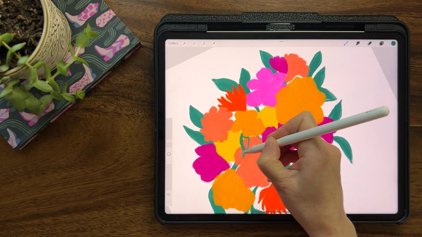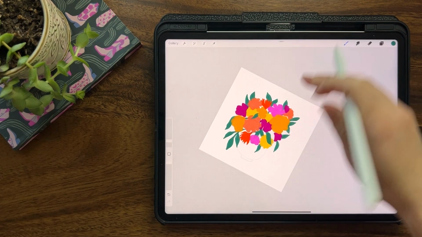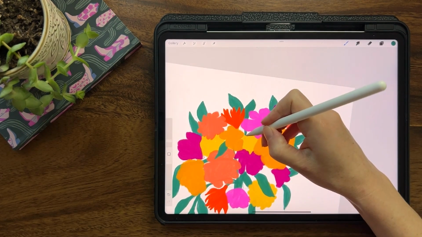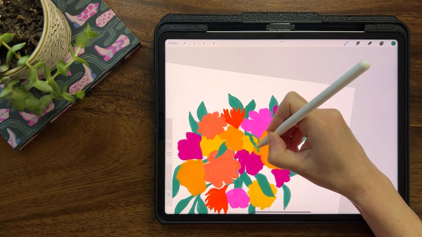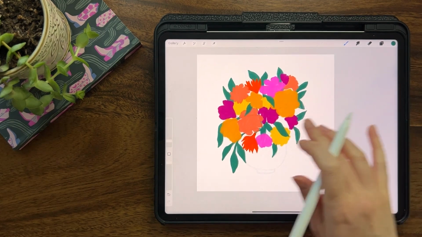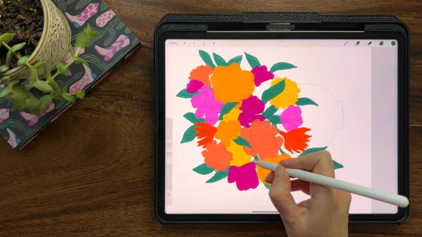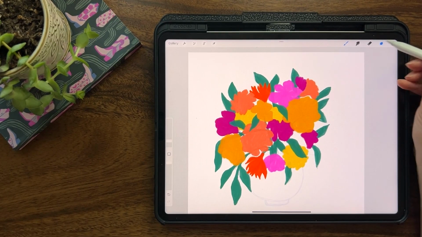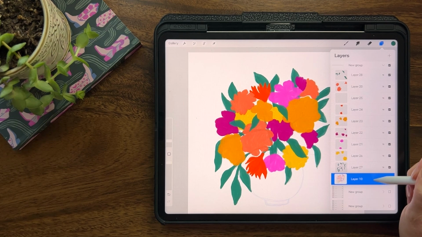So just got some leaves peeking through here from the various flowers that are behind, and that's just creating this nice loose feeling. So you might want to do that as well. Have one leaf layer behind, one leaf layer above, so that we can get a lot of variation in here. So I'm pretty happy with the overall look of this, but obviously our flowers could use a little bit